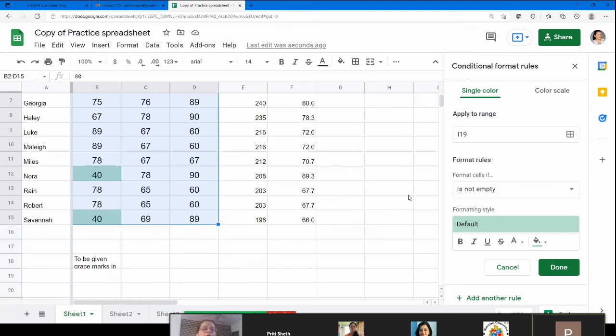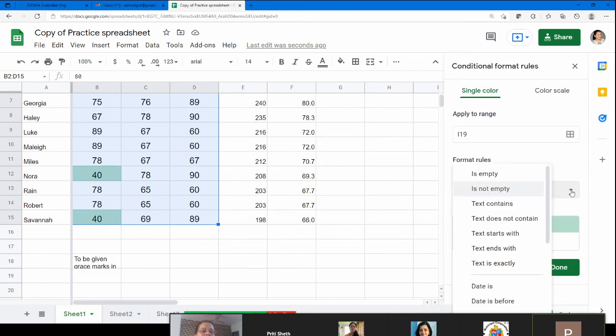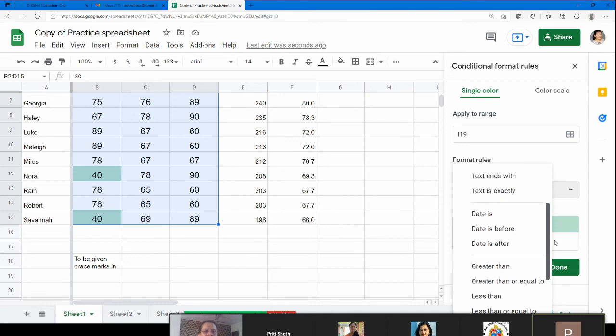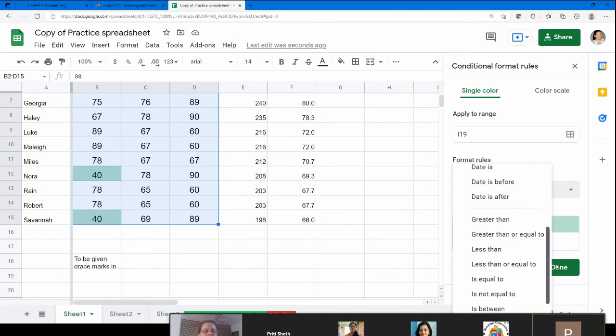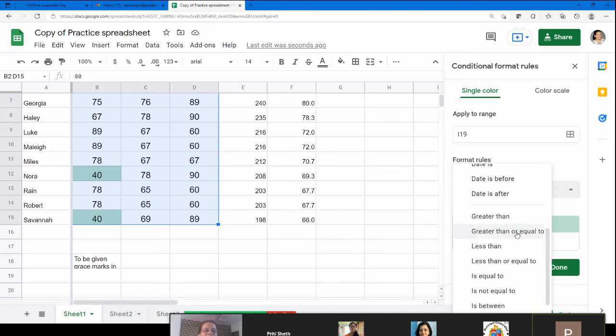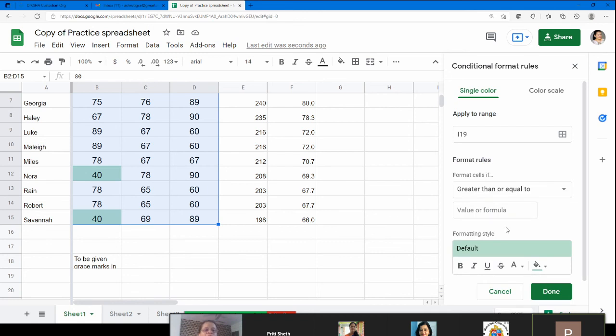Okay, and now I want this. It is greater than or equal to 90. So no, we wanted the range, right?